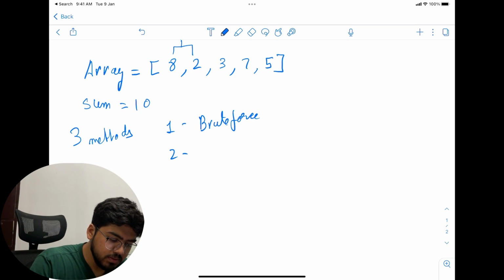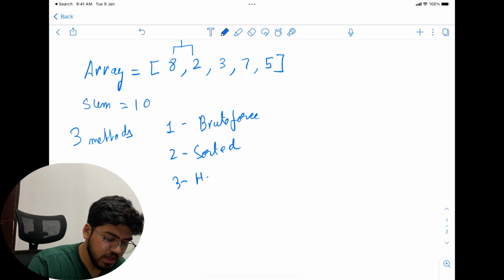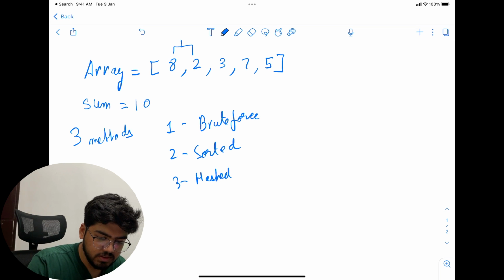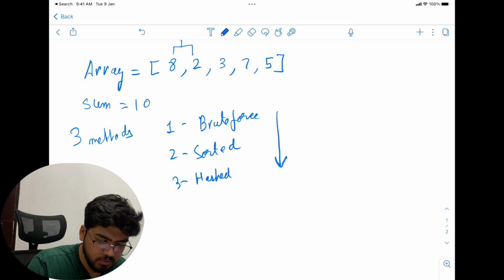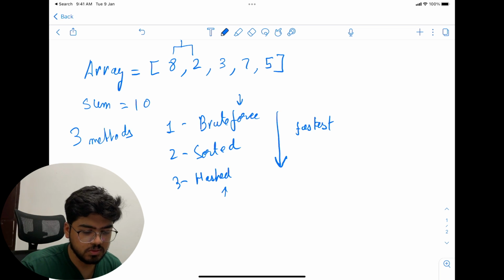Second one will be the sorted one. We'll discuss this in the next episode. Third one will be the hashed one. It will be the fastest. So hashed will be the fastest and brute force will be the slowest.